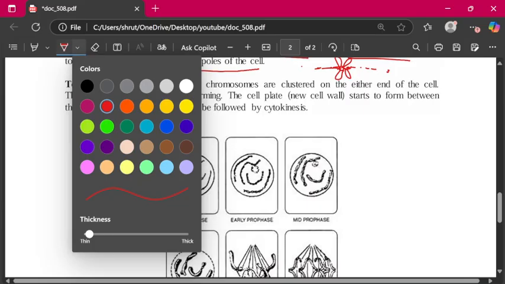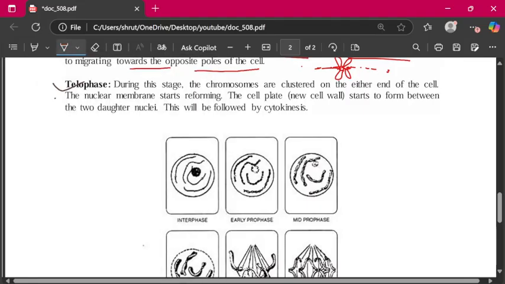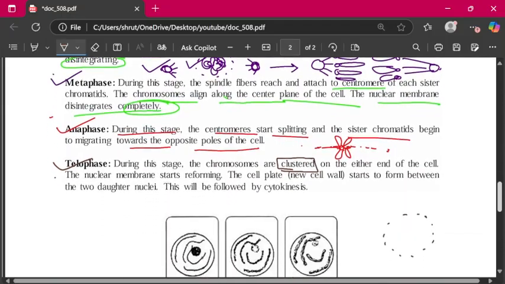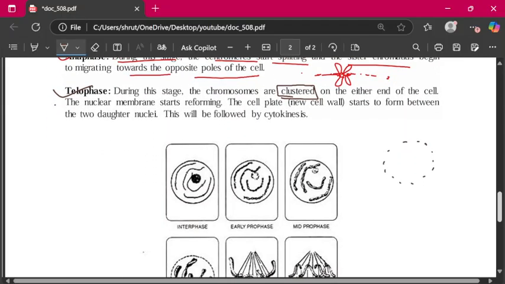Then the last one, that is the telophase. So here in the telophase, during this stage the chromosomes are clustered on either end of the cell, and the nuclear membrane starts reforming. So here the nuclear membrane, which was completely disintegrated in the metaphase, and started from prophase,